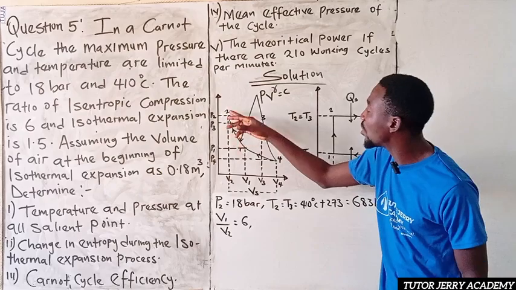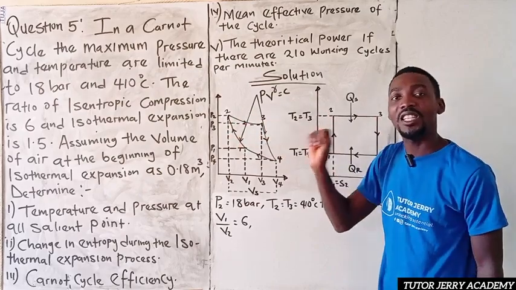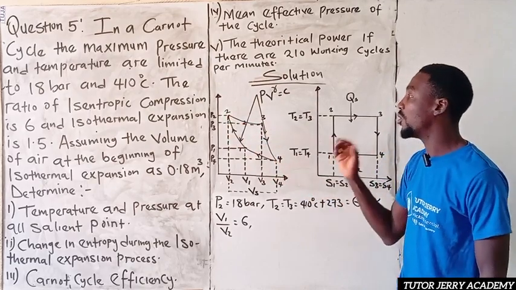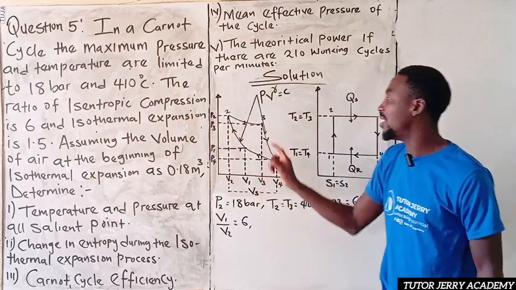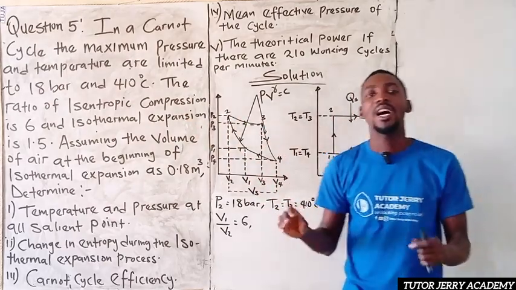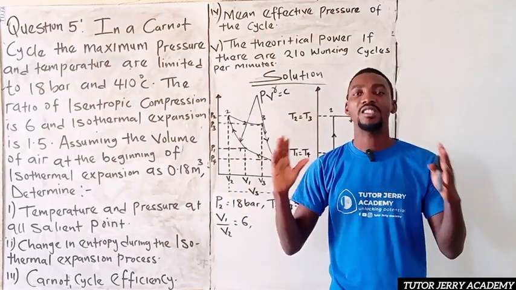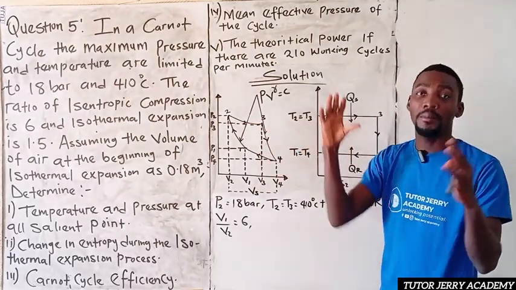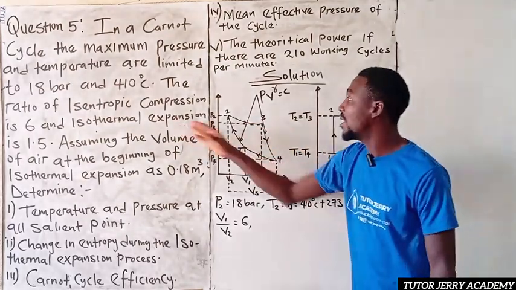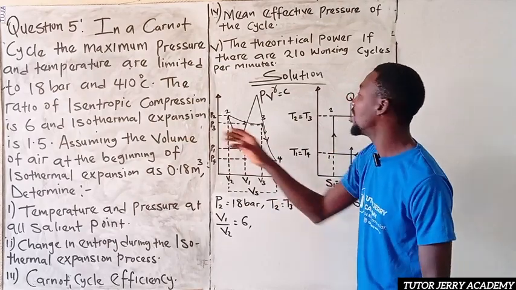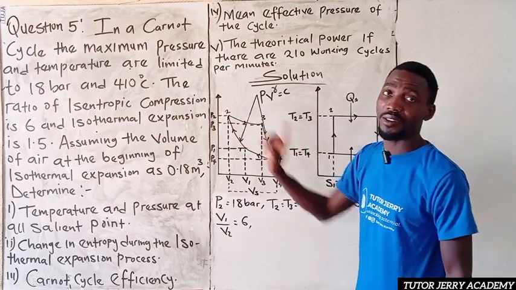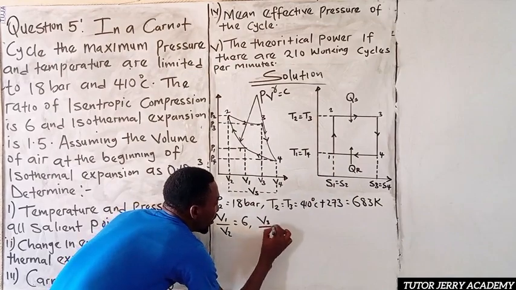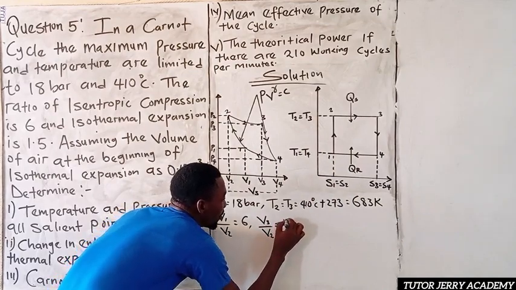We don't have any isothermal expansion in 3 and 4. Once they mention the name isothermal, you should know it is either state 2 and 3 or state 1 and 4. So when they say isothermal expansion, it is state 2 and 3. So you can also say isothermal expansion is the same as your isothermal heat addition process. Please take note of that. And this isothermal expansion ratio is nothing but V3 over V2. All right. V3 all over V2 is equals to